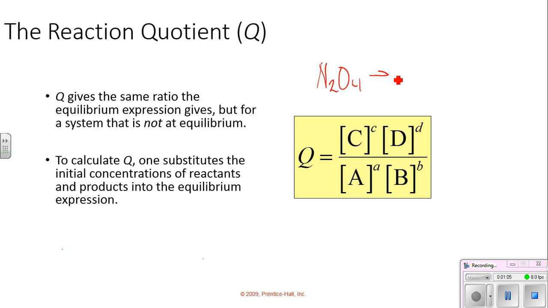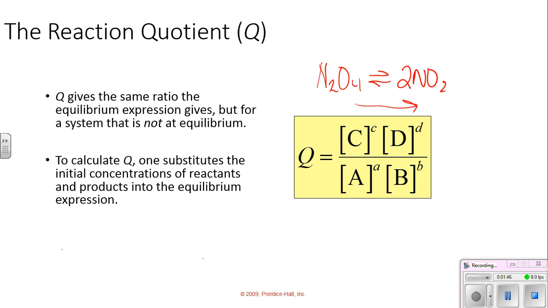N2O4 is at equilibrium with 2NO2. We start the reaction with just N2O4, and there is no NO2 at first. So that means the reaction will only proceed towards the NO2. It is the only way it can go. Eventually, when there is NO2, the reaction will begin to change back towards the N2O4. Then the N2O4 will go back into the other direction, and it will change back into the NO2 and so